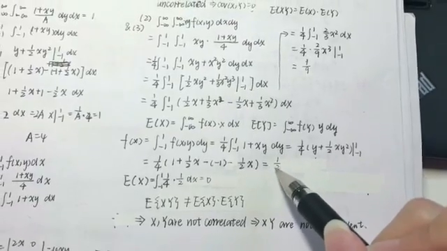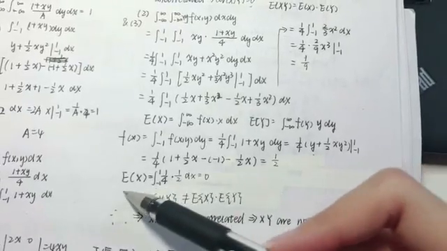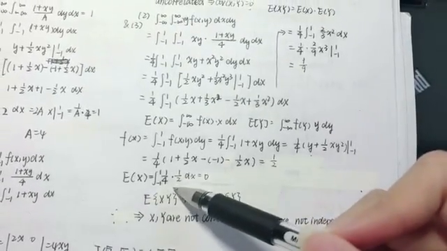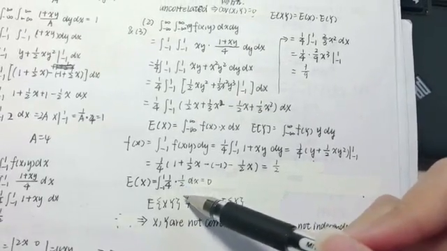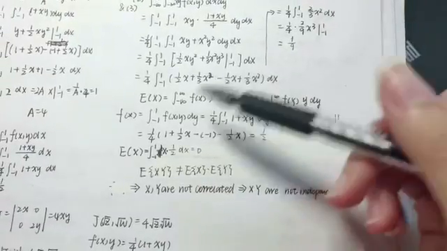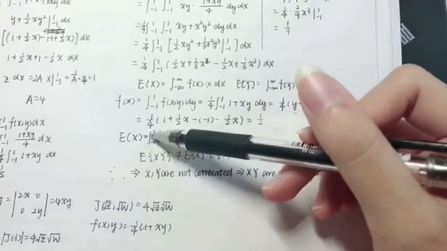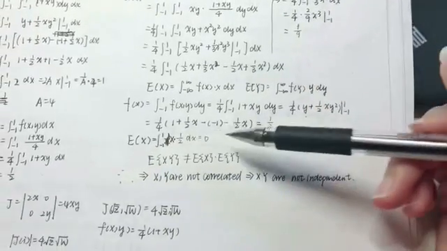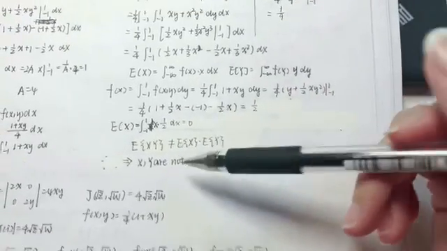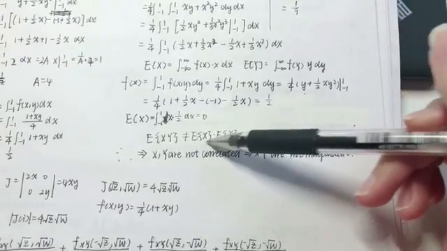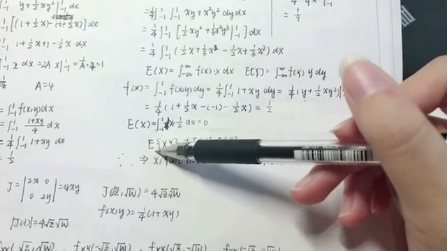We got little fx equals 0.5, and your E[X] will equal x multiply fx, the integral from minus 1 to 1 dx. Easily we can get E[X] equals 0, so that obviously E[X] multiply E[Y] will equal 0 and will not equal